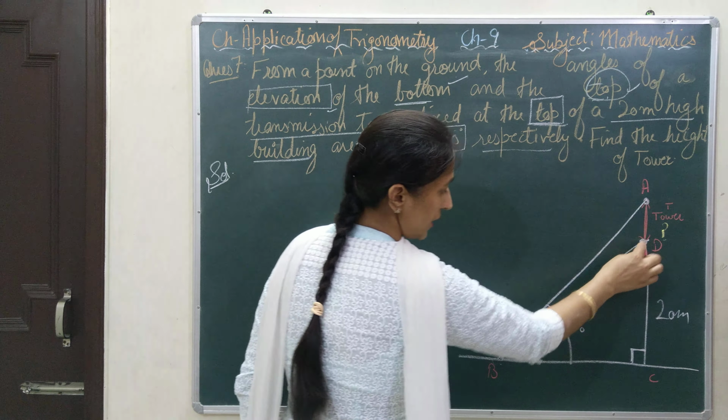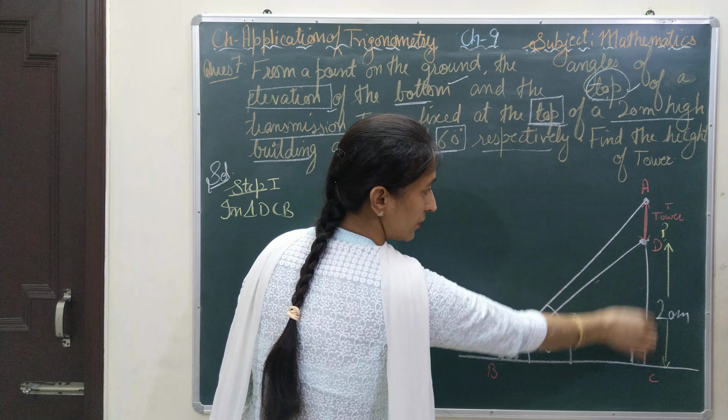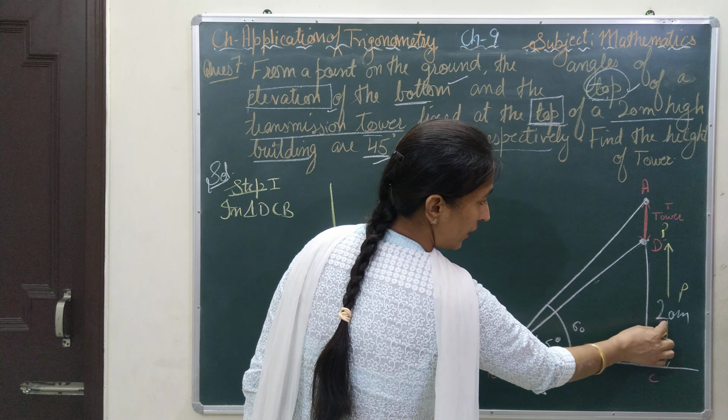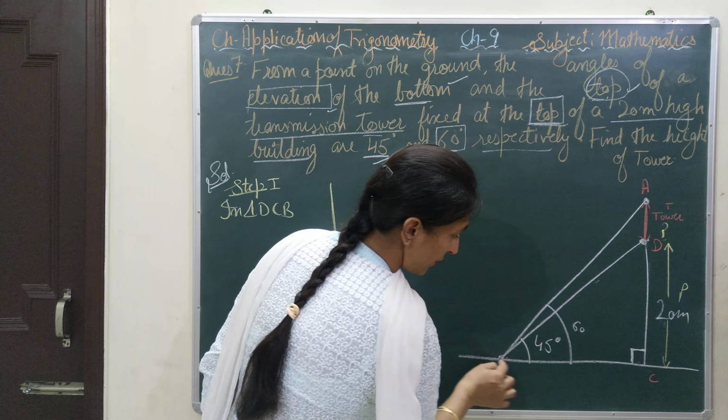First part of the question, step 1. Here we will be using one triangle DCB. In triangle DCB, what are we given? We are given this height. As only this part is included in this triangle, you can see only the DC length is included. So this 20 meter is from this point to this point, and only this height is included in this triangle. So this will become the perpendicular for triangle DCB. That means the perpendicular is 20, and the base is BC.